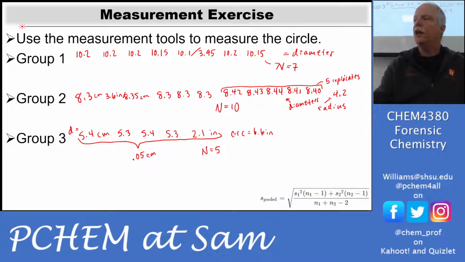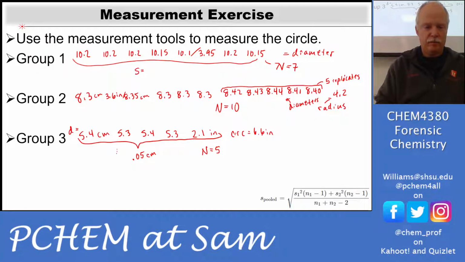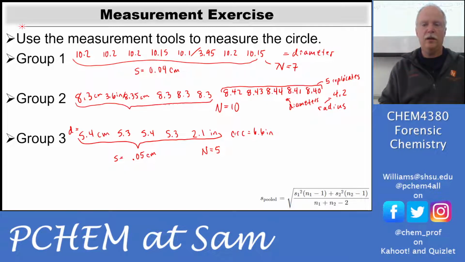Okay, so did you calculate it for group 1? Yeah. Okay. So this whole thing was S equals what? 0.04. I got 0.039, so I'm going to round to 0.04. Okay. And she put in the group 3 data point, and we got that. Okay, good. Now, in this one, I want to go all the way. I want to use all of these guys here. Okay. So I want to use all 10 data points for that.